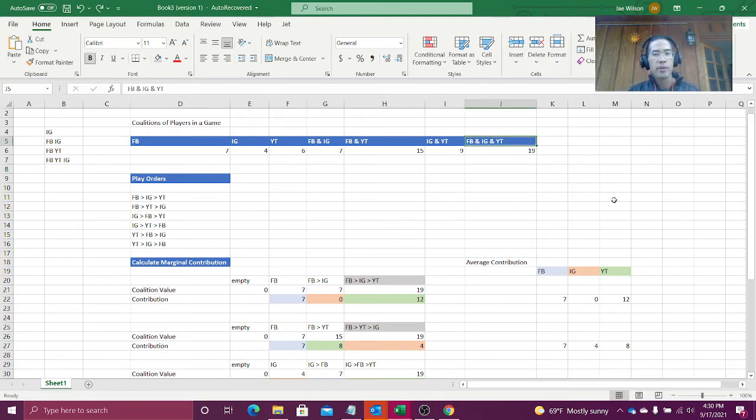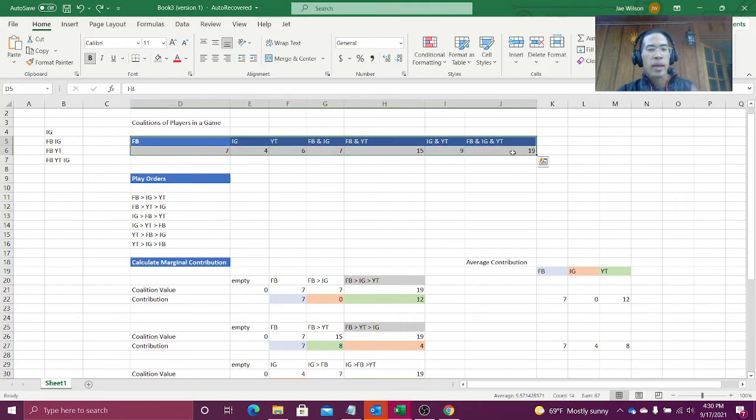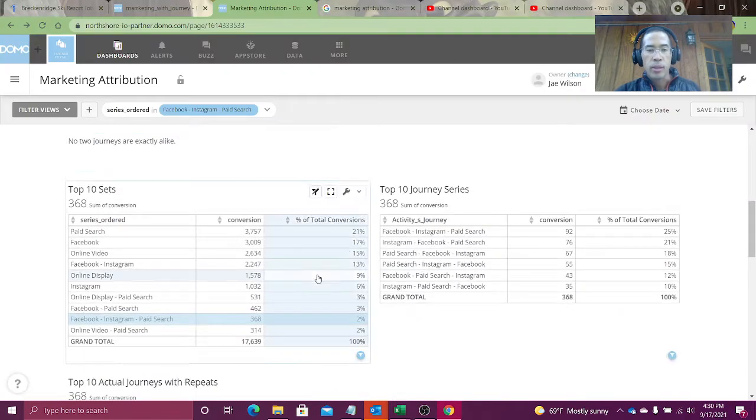or if I've got a coalition of players, Facebook, Instagram, and YouTube, we know what they can do on their own, right? We know Facebook can win 7 points. We know Facebook and Instagram will also win 7 points. We know that Facebook and YouTube will win 15 points and so on. So we did this in our previous tutorial. In our previous tutorial, we took our series, we sorted the text string into the set, and I forgot to show this, but